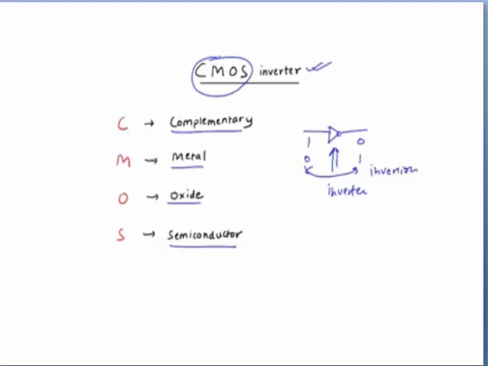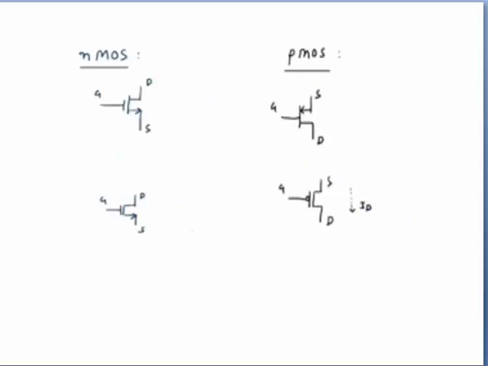Now N-type is simple because in N-type the drain current ID flows from drain to source, that is NMOS. And in P-type the drain current flows from source to drain. So these are the two types of MOSFET, and we can differentiate them very easily by just looking at the flow of current. This is the basic difference, but you should also know the variety of symbols of NMOS and PMOS. So we will study that here.